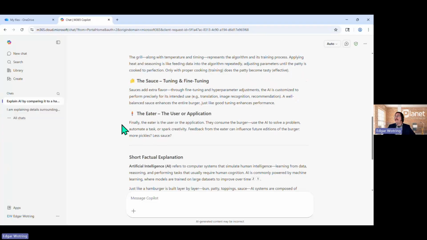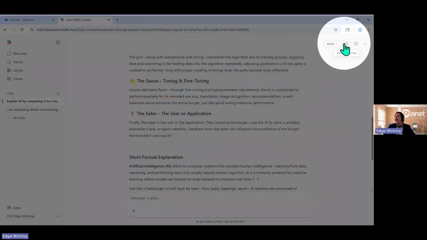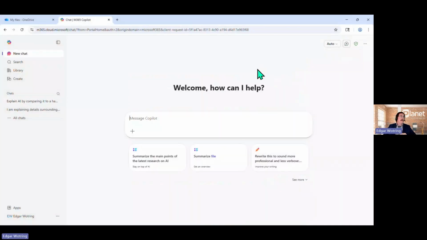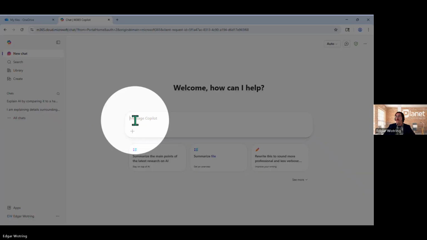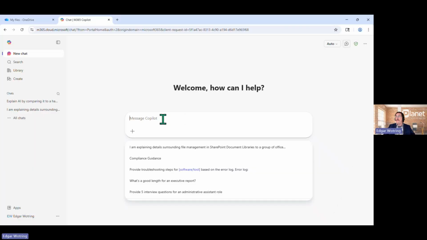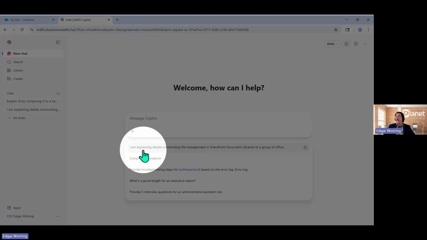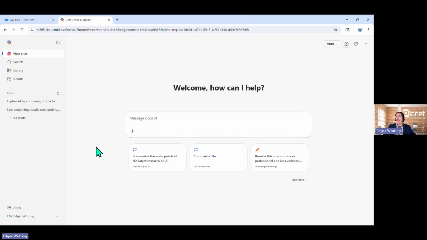A couple other things I'd like to point out. Let's go ahead and start a new chat as well up here in the upper right. We can always revisit that delicious conversation a little bit later if we need to. I did also want to note that as we're working with Microsoft Copilot, once we click into that prompt box, our past prompts are going to be there waiting for us, along with some suggested prompts that are part of that Copilot experience as well.